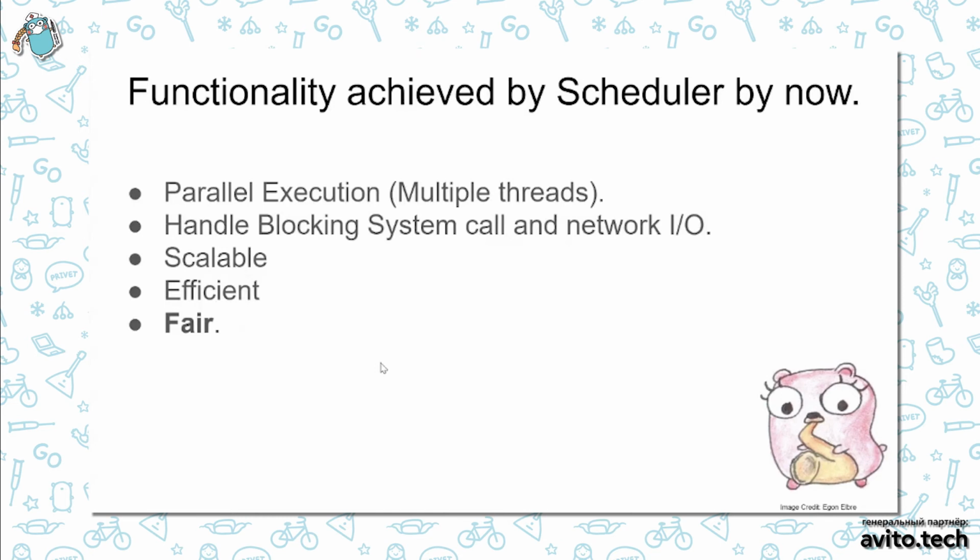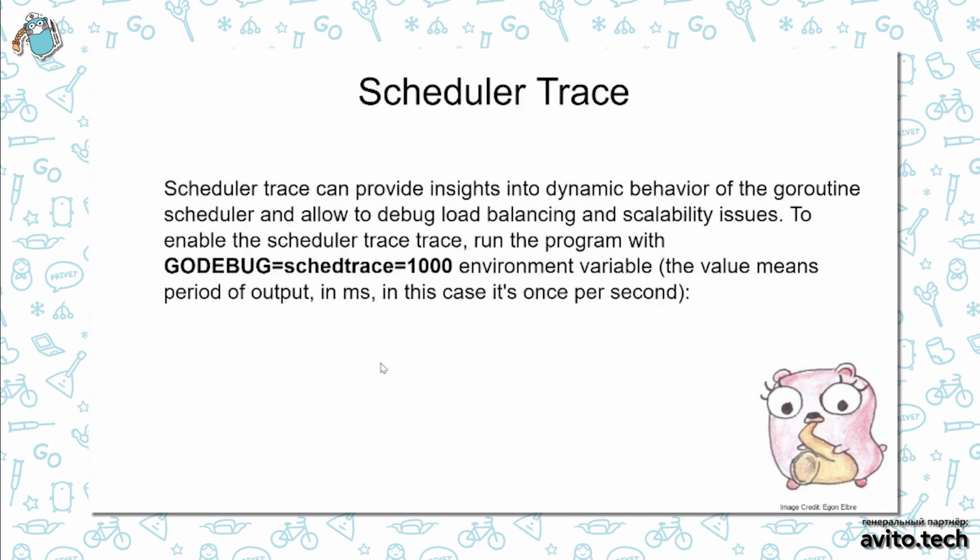By now, we have our scheduler that is ready, that offers massive concurrency and always tries to achieve maximum utilization with minimum latencies. Now that we have a fair bit of idea about the Go runtime scheduler in general, how can we use it? Go provides us with a trace tool. Scheduler trace is specifically to provide insight into the behavior and debug scalability issues related to the Go runtime scheduler. All you need to do is run your Go program with GODEBUG=schedtrace=duration environment variable to enable the scheduler trace. Duration is the period of output in milliseconds.